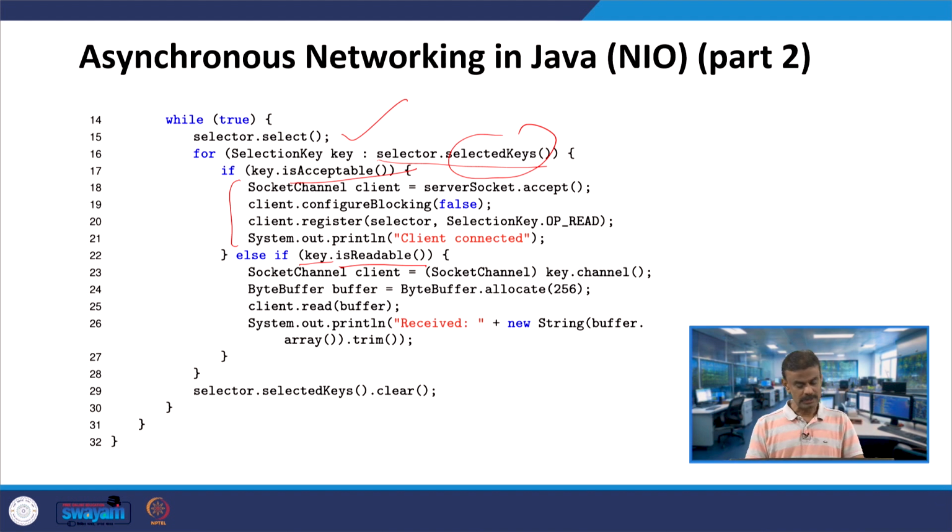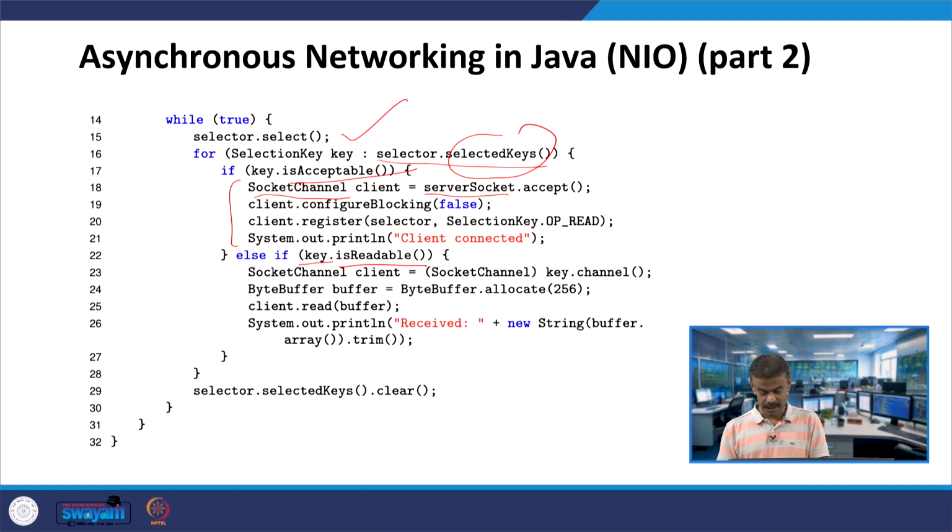Now suppose that key.isAcceptable is true. Then you have an object client under SocketChannel, and on the right-hand side the server socket is invoking accept, which means it accepts a new client connection.